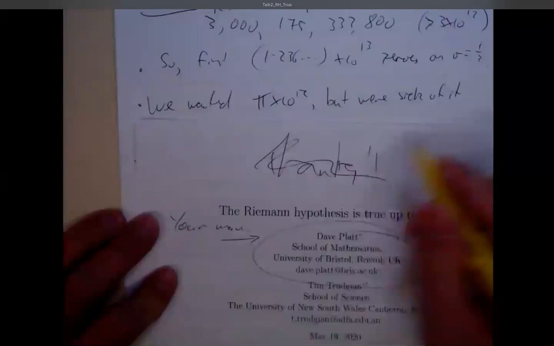Yeah. So in this paper, we didn't look at the question of the proportion of zeros that lie on the critical line. That's a very interesting question, and I think it's an area ripe for future research, but it's not amenable to the same analysis as what we're doing here. So here, we were just trying to verify the Riemann hypothesis up to a certain fixed height, and to make that height as high as we could go before we all just got sick of staring at computer screens.